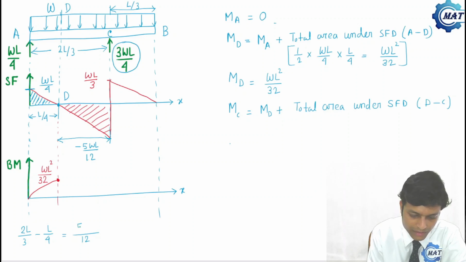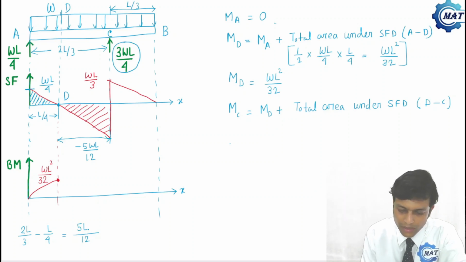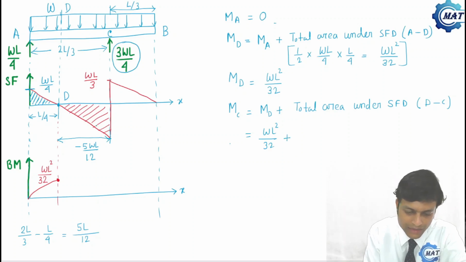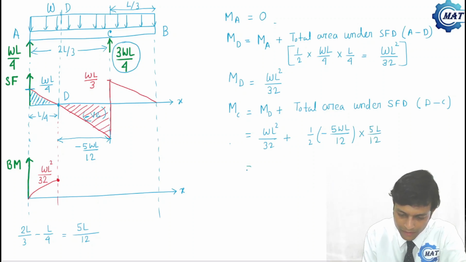8L minus 3L, that is 5L, by 12. So MD was WL square by 32 plus the area of this triangle. As this is negative shear force, this area is nothing but negative area. So that is going to be half into minus 5WL by 12 into 5L by 12. That is WL square by 32 minus 12 into 12 is 144,